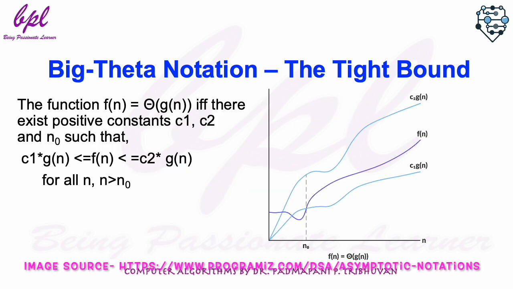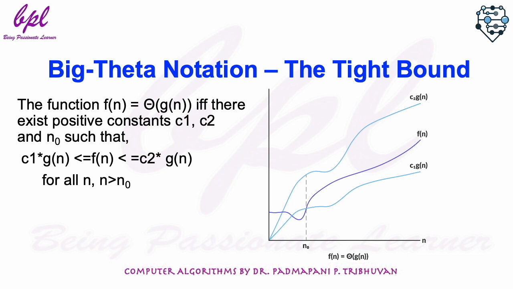Big theta notation gives us a tight bound on the growth of a function. Specifically, we say that f(n) = Θ(g(n)) if and only if there exist positive constants c1, c2 and n0 such that for all n greater than n0, c1·g(n) ≤ f(n) ≤ c2·g(n). This means that f(n) and g(n) grow at the same rate for large n